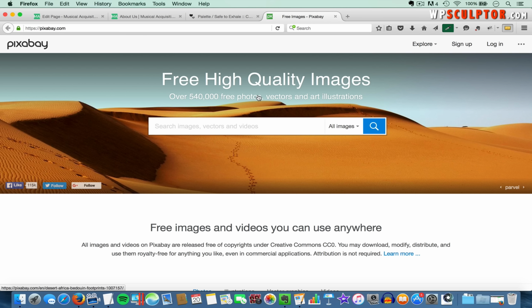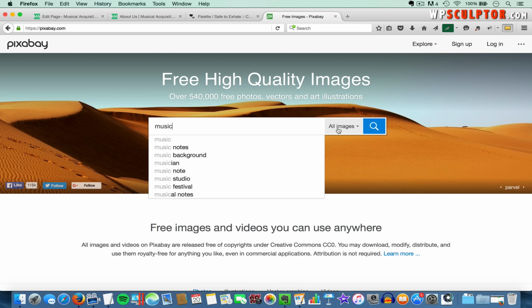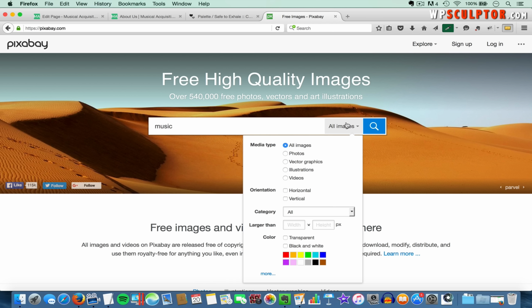And what's awesome about Pixabay is that even though these images are incredibly high quality, you can use them freely on your site and you don't even have to leave an attribution to the creator of the image. So what I do here is type in a keyword. So I'll type in music, and then I'm going to leave all images set to all images, and then click